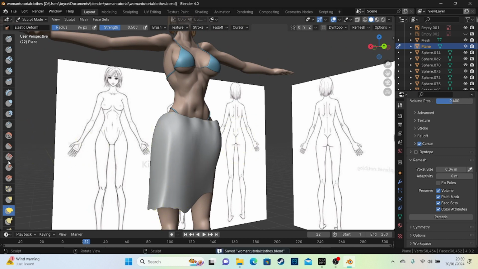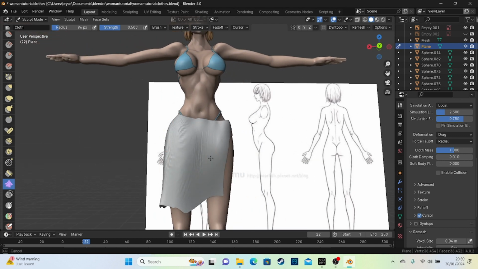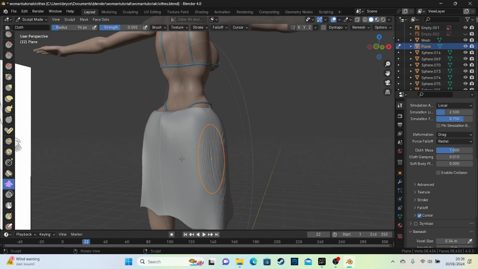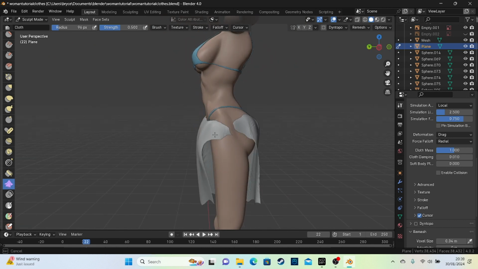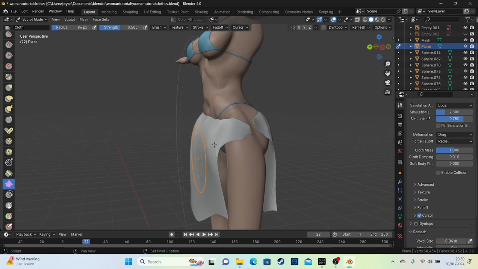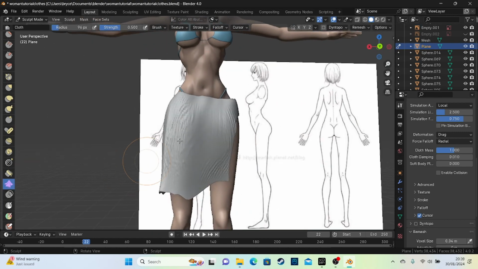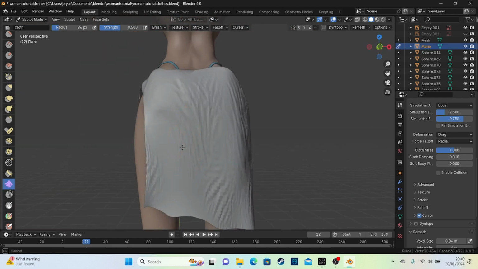You can use this tool here. Where are we? The cloth tool. And just grab it and move around. Just grab it and move the mesh around, and you get wrinkles showing like a realistic cloth, sort of. And you just want to keep doing that. That way, you can get all these wrinkles in, get a cool effect. And if you just twist it around a bit,